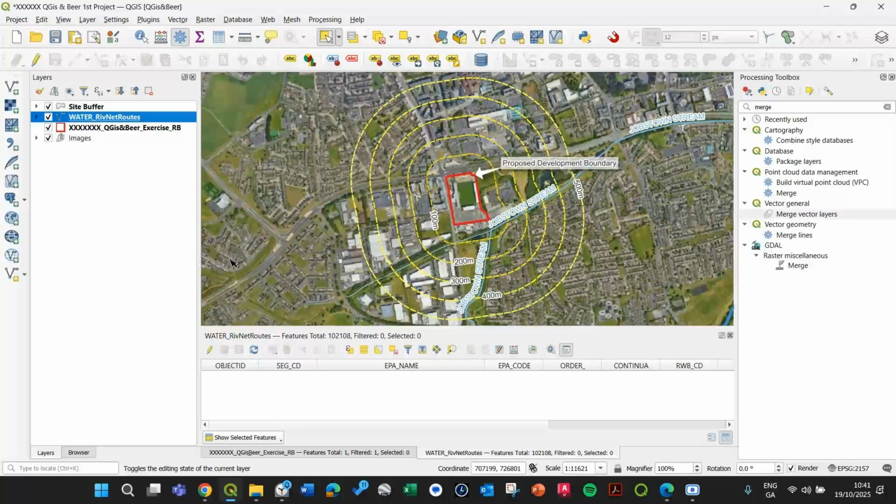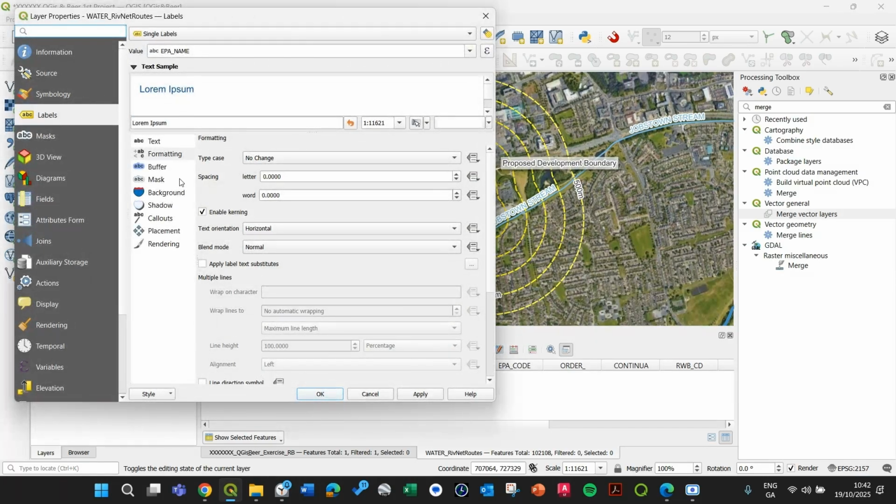Well, now we already have our buffer and our site boundary, the hydrology data set. We are good to go to the print layout. But before, I want to just make these labels better because it's all caps and it's simple to do. Just go back to the hydrology labels,